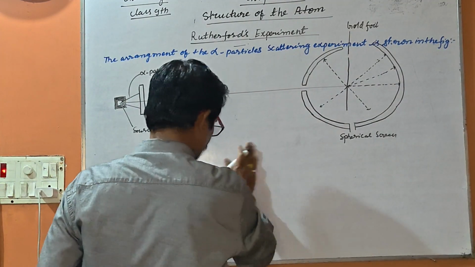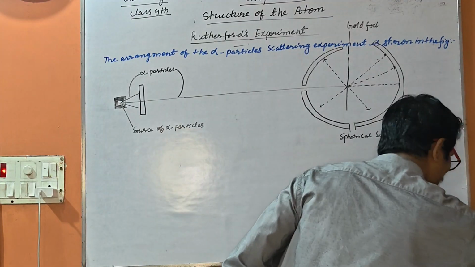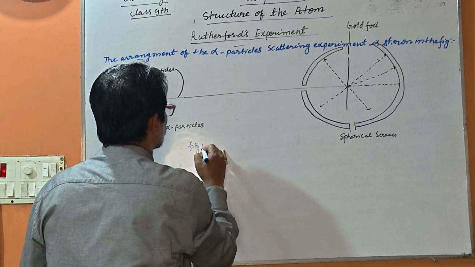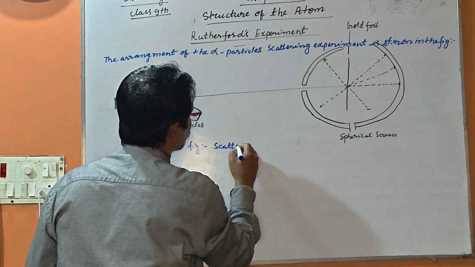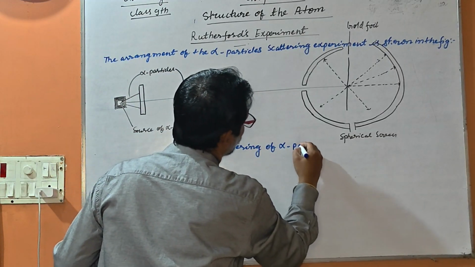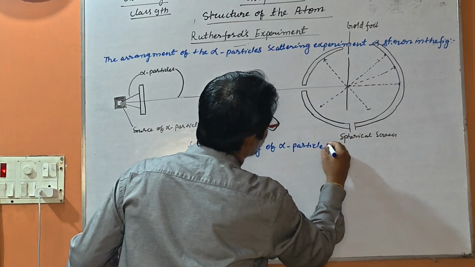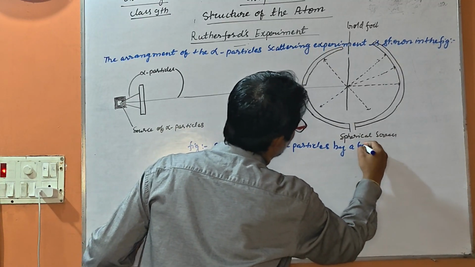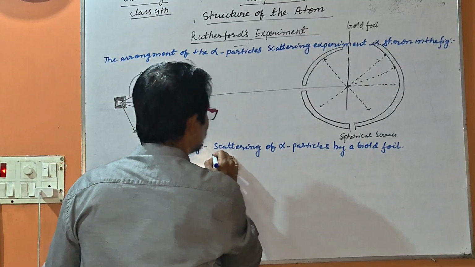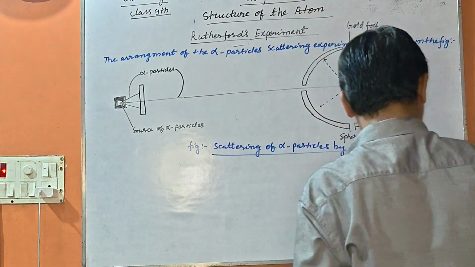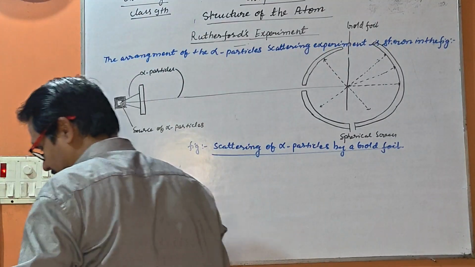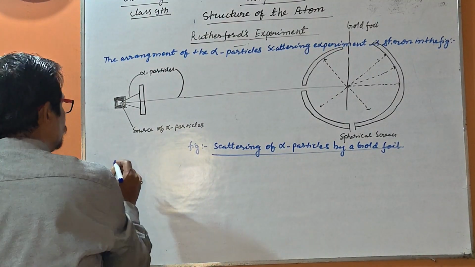Figure: scattering of alpha particles by a gold foil. This experiment was done by Rutherford. So my dear students, let us understand this experiment. Rutherford produced a narrow